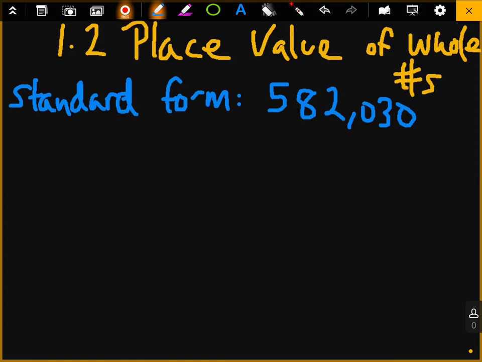But before we talk about that essential question, I do want you to write down the three different forms in which we see numbers. The very first one, which I just talked about, is standard form. Hopefully you've written that down. If not, you can pause. Standard form is how we typically see numbers, written just like that, 582,030. The next is written form, and written form is very easy. It's how the number is written. So 582,030 would be written